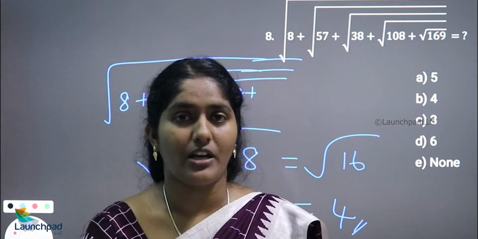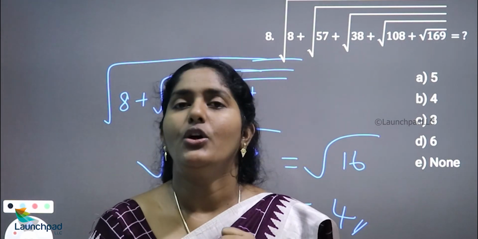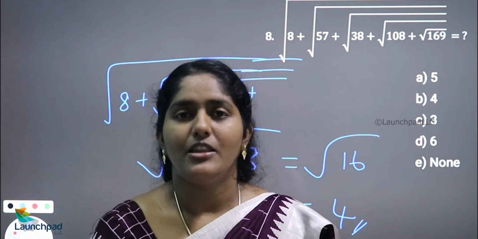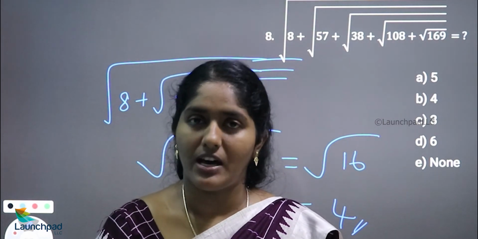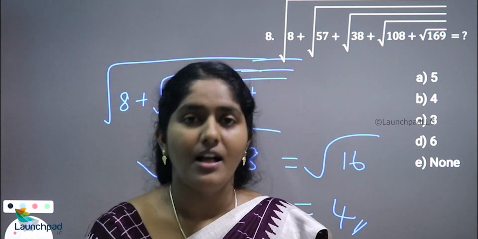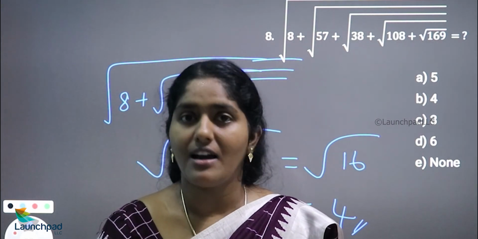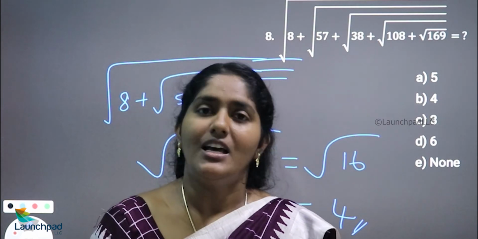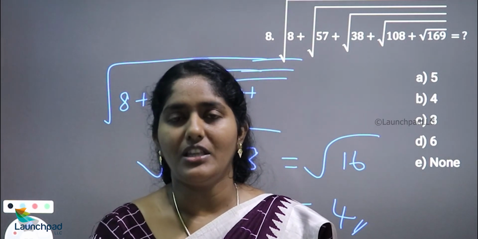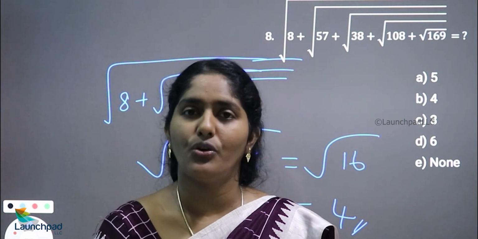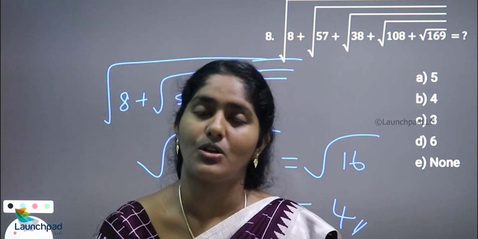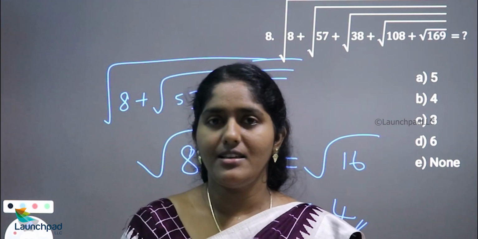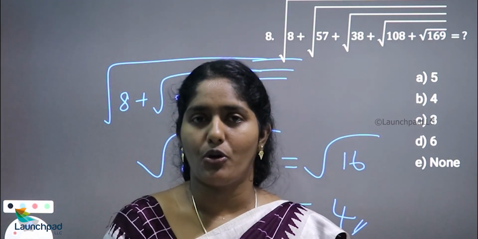A perfect square does not end with 2, 3, 7 and 8. The main procedure is that we are checking the unit digit value. If the unit digit has the values 2, 3, 7 and 8, then that comes under approximate square root. These are some tips about your square root problems.